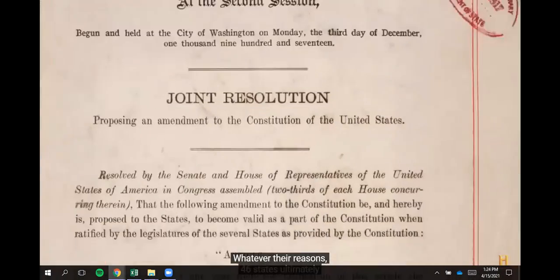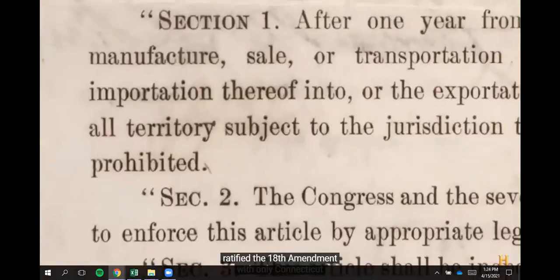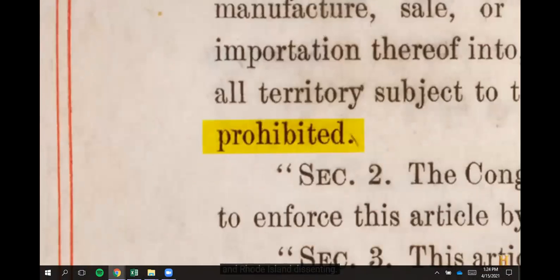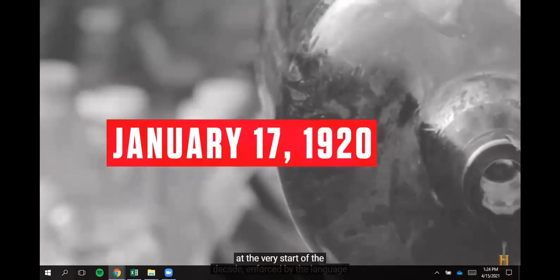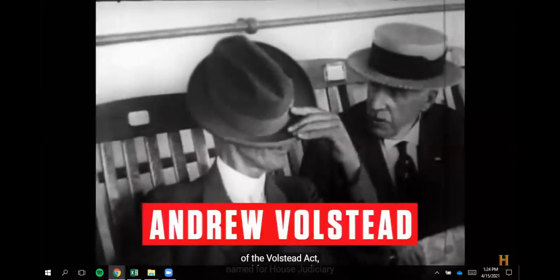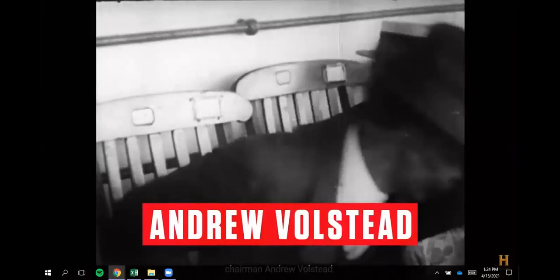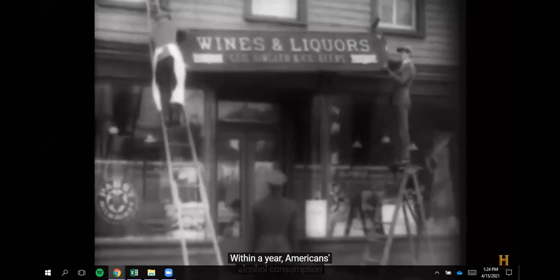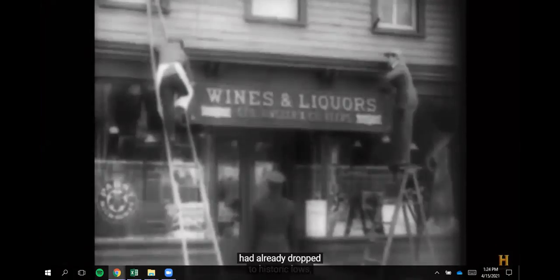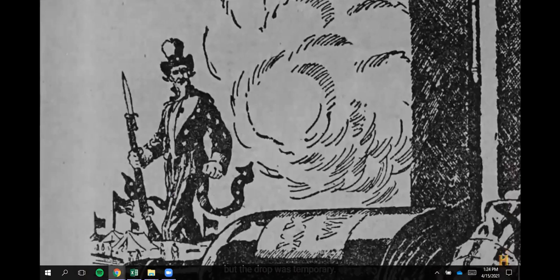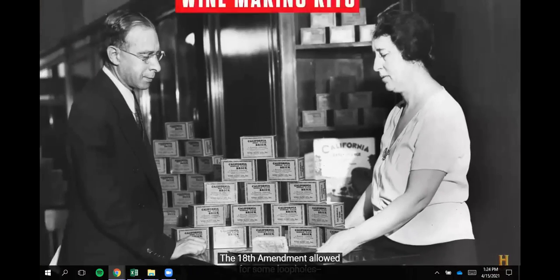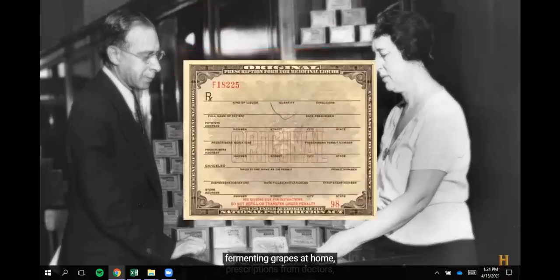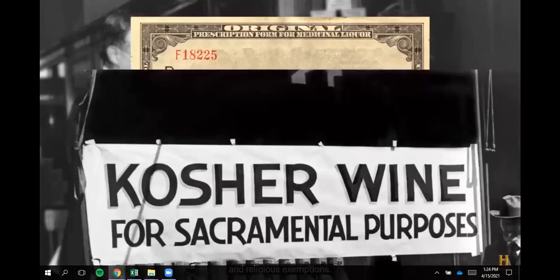Whatever their reasons, 46 states ultimately ratified the 18th Amendment, with only Connecticut and Rhode Island dissenting. Prohibition officially took effect at the very start of the decade, enforced by the language of the Volstead Act, named for House Judiciary Chairman Andrew Volstead. Within a year, Americans' alcohol consumption had already dropped to historic lows, but the drop was temporary. Americans didn't stop drinking. The 18th Amendment allowed for some loopholes: fermenting grapes at home, prescriptions from doctors, and religious